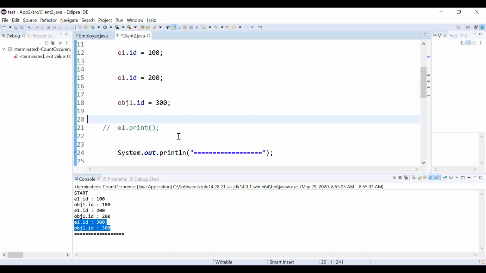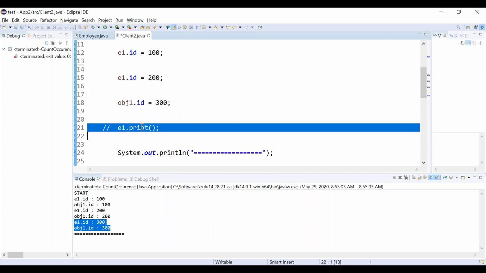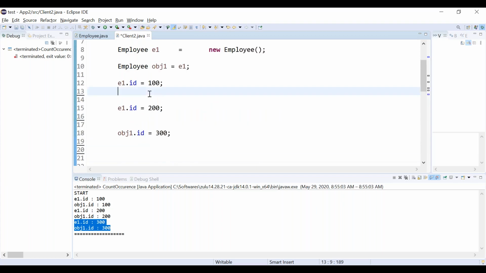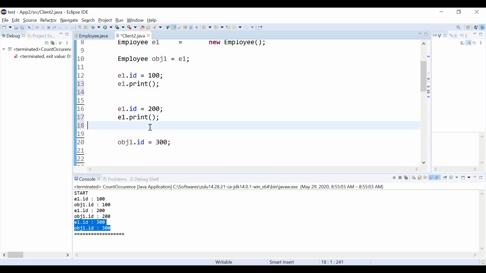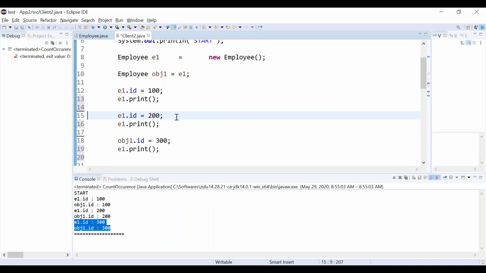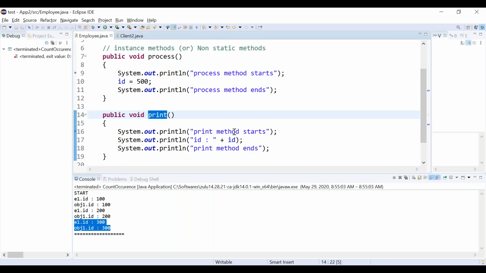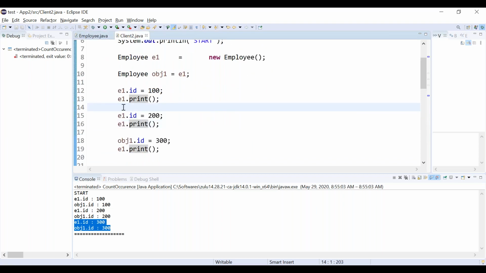Inside the print method, we are doing the same thing, printing the id, but how you access it matters. Either you can access e1.print or obj1.print, it doesn't matter.